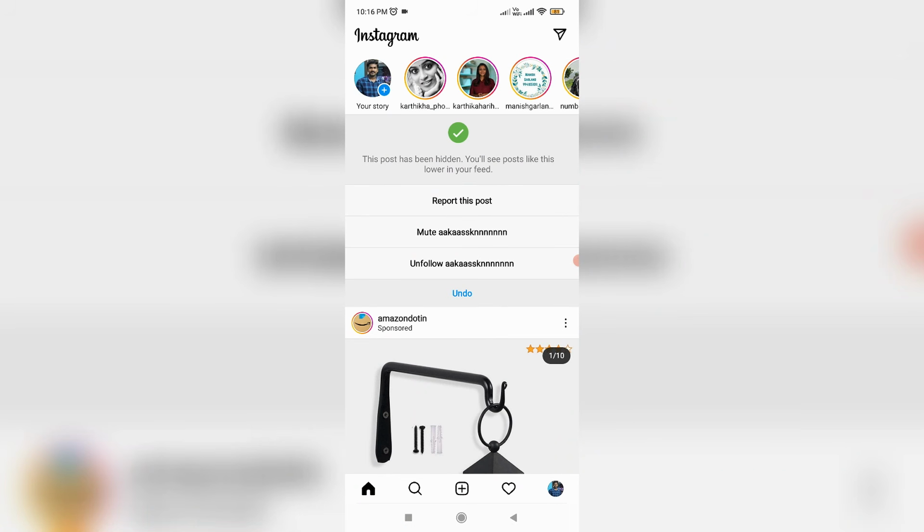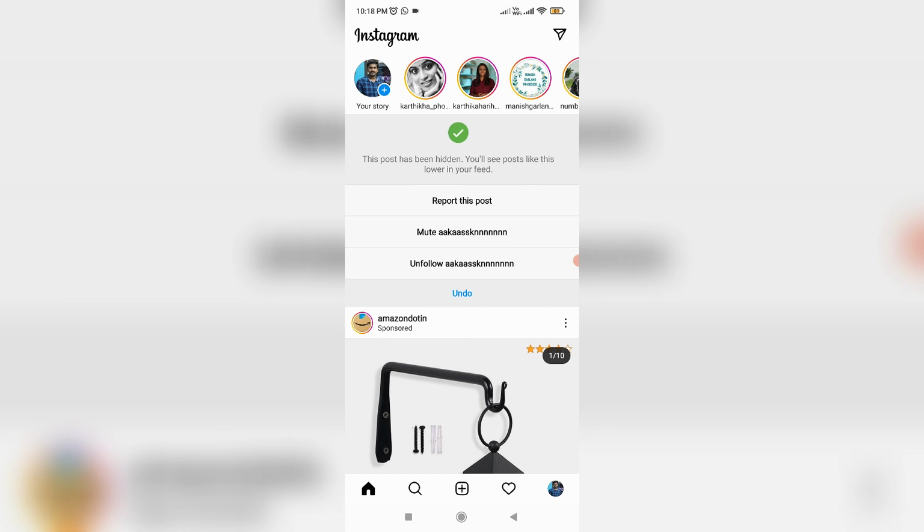So today I tried to access my Instagram Messenger on my Xiaomi Mi 11i Android mobile, but unfortunately it does not show the messenger icon in my newsfeed section. Due to this missing messenger icon, I am not able to send messages to my Instagram friends. So how to fix this issue?